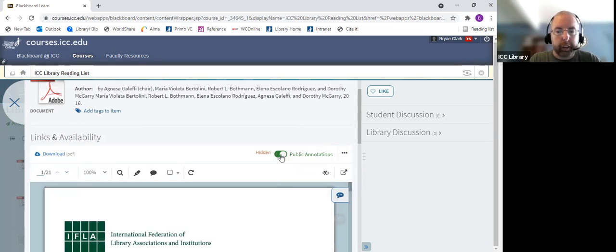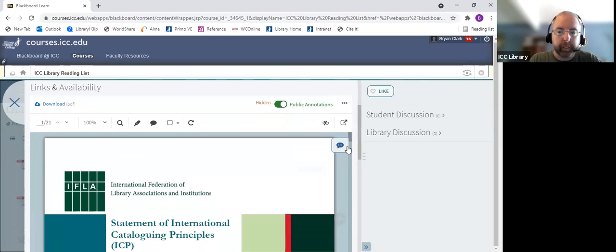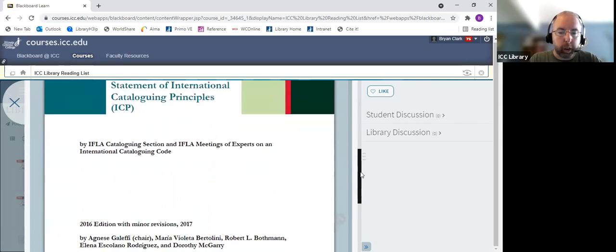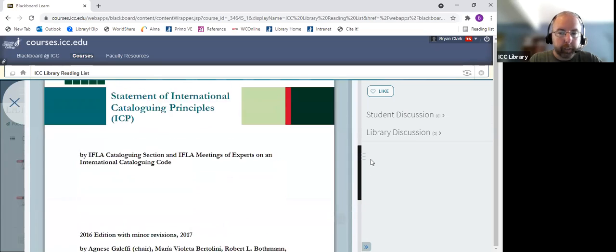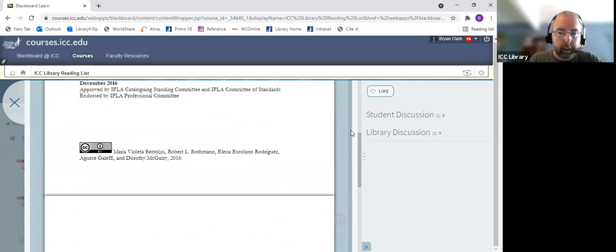You want to make sure the public annotations are turned on, and you can tell that by the green public annotations slider. And so once you've done that, you would just go through and use the inner scroll bar,